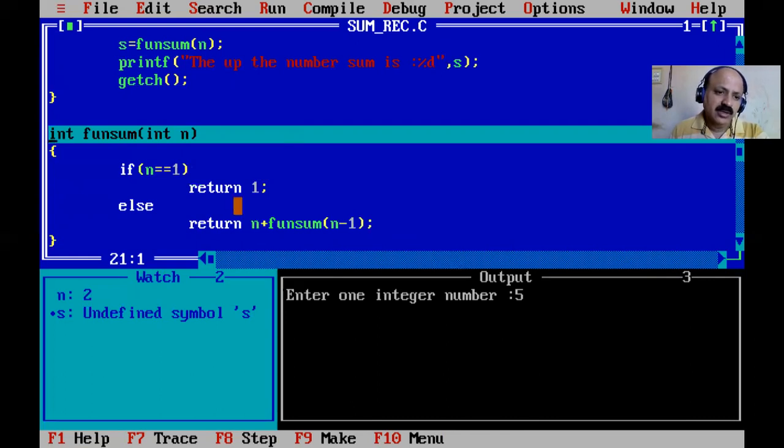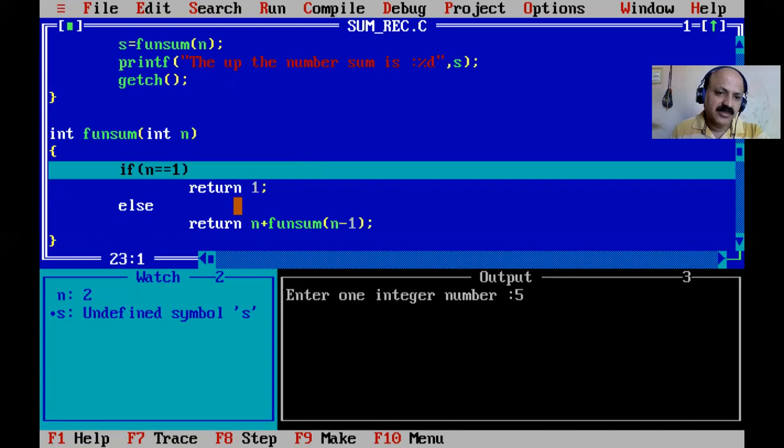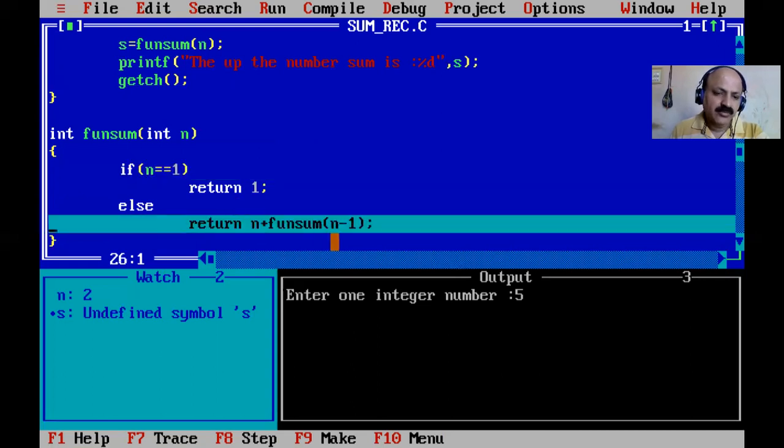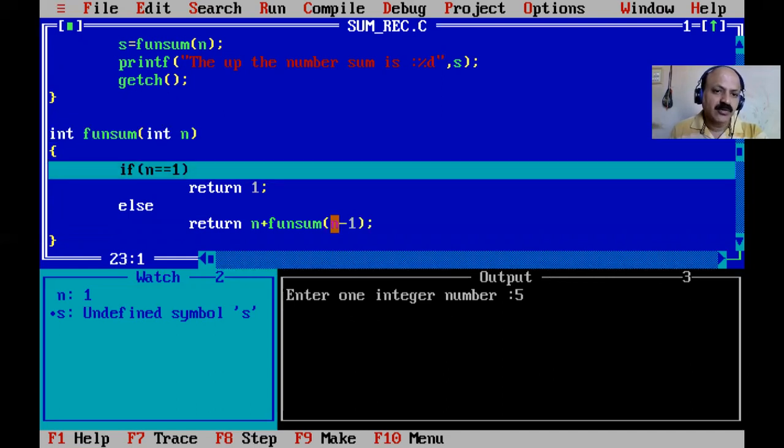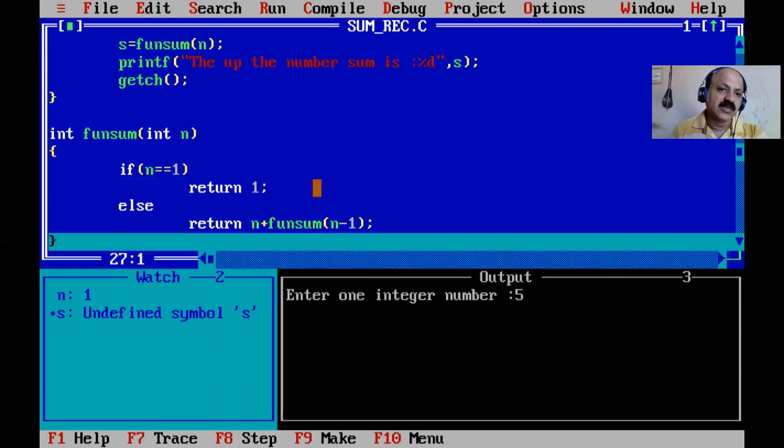Now, last time, one more time it repeats, 1 and 2, so 5 plus 4 plus 3 plus 2, and n minus 1. So n is 2, so again minus, and last time the condition is true, n equal to 1, so it returns 1. But first all our previous values are maintained in the stack. So 5 plus 4 plus 3 plus 2 plus 1, all are summed, and then assigned. Here return 1 does not go further because the if condition is true. So our task is complete, and then it goes directly into main.